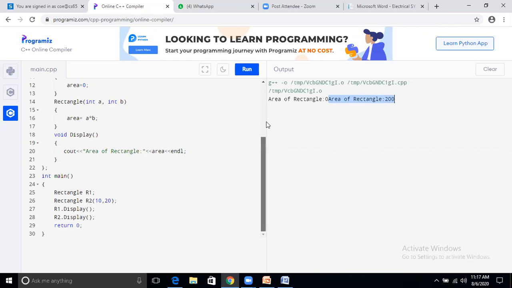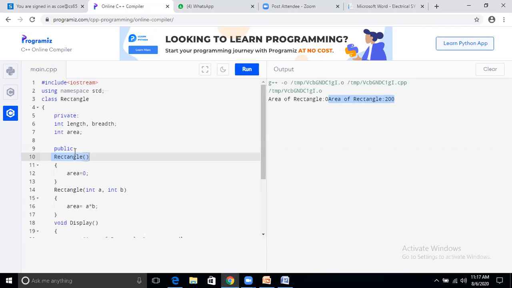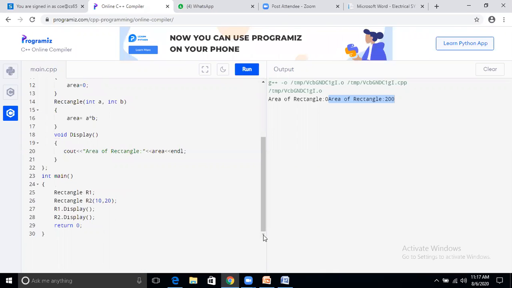So what is the meaning of constructor overloading? Within a class we are declaring two constructors, but the parameters that we are going to pass to those constructors are different. Okay, so this is the simple example of constructor overloading, and this is nothing but our experiment number 4. So see here, our practical number 4 says that